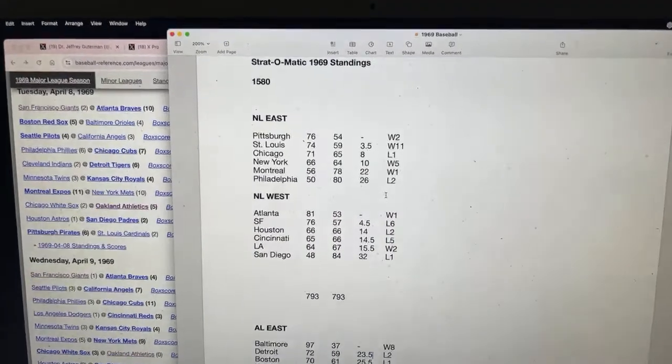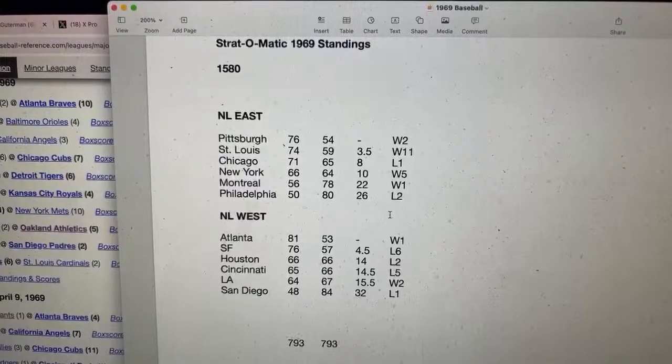Again, here are the standings. The only standings to speak of that really matter. Oh, I appreciate it. Thank you very much, Kelly. Appreciate that. Kind words. This is the only league where there's anything to speak of in terms of pennant races. And now we're going to head into September.